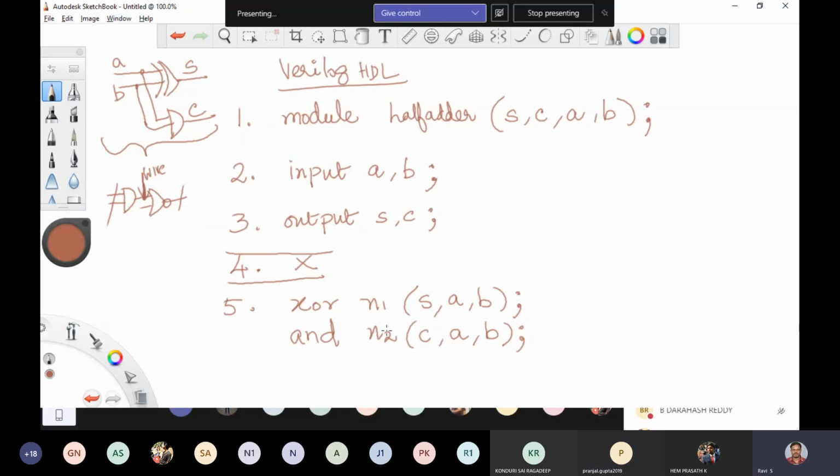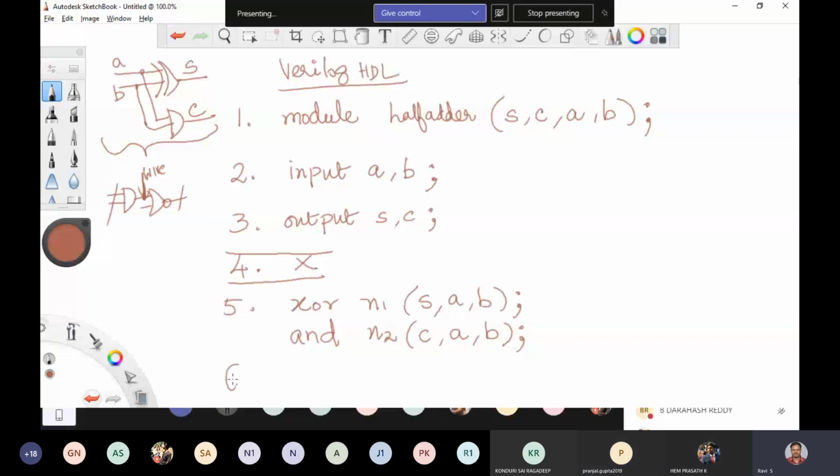So C is obtained as output from the AND logic gate. That is what it says. So fifth one defines all the logic primitives. I have only 2 logic gates in my circuit diagram. So 2 logic gates are called and constructed with respective input and output. Any doubt? No doubt, sir.